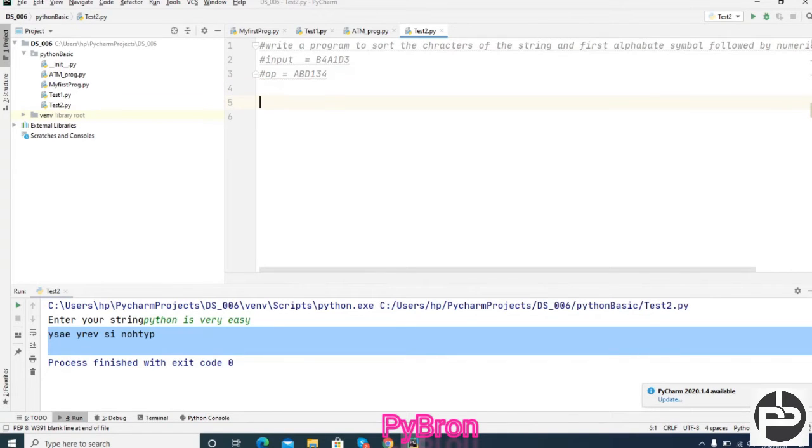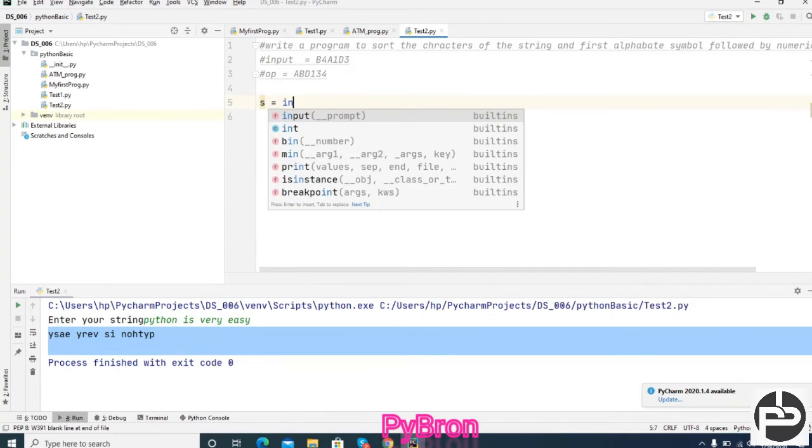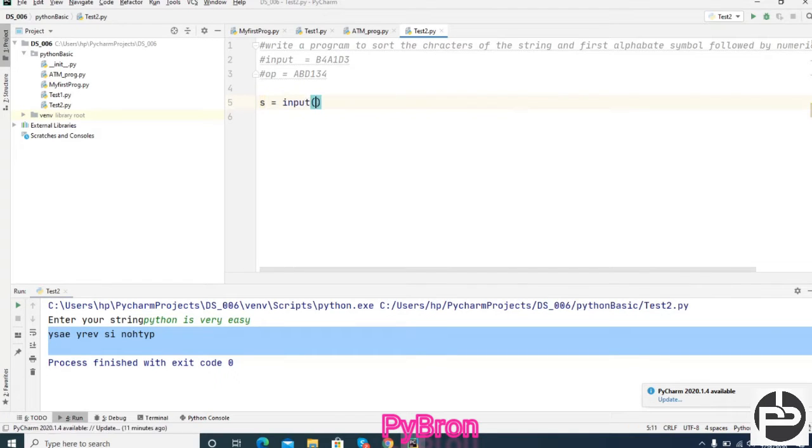First you have to take the input from the user: s = input("Enter some string"). Once your string came, this is the string you pass as input.